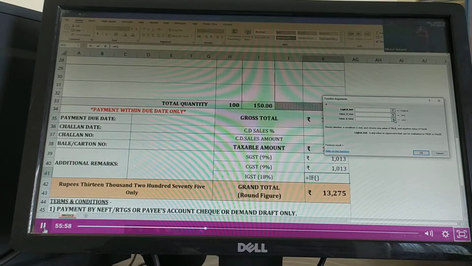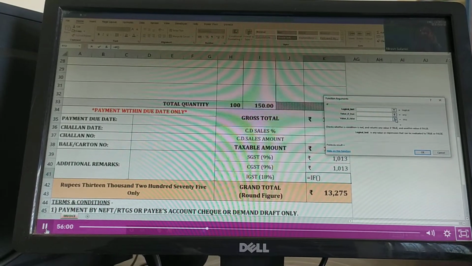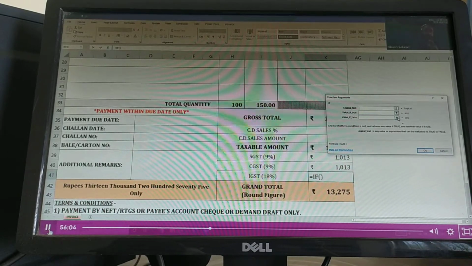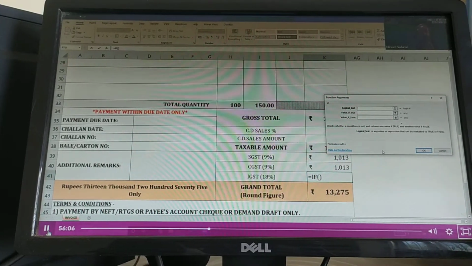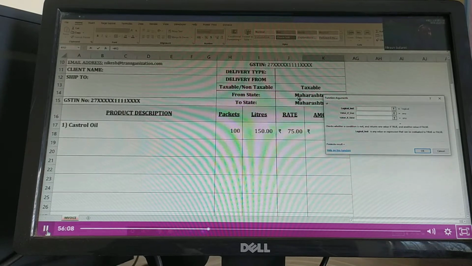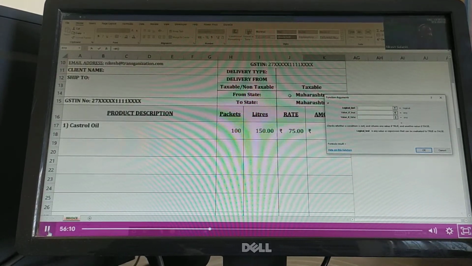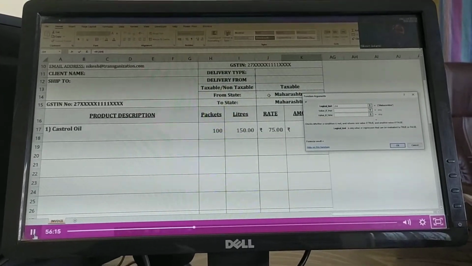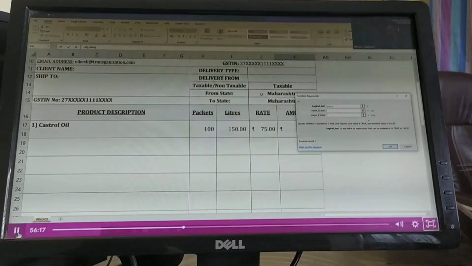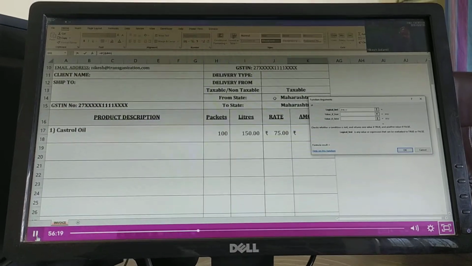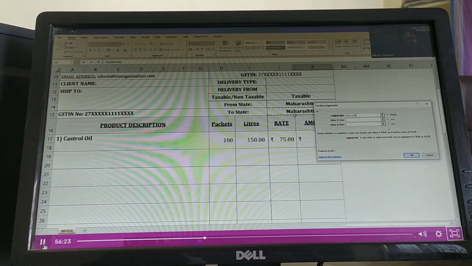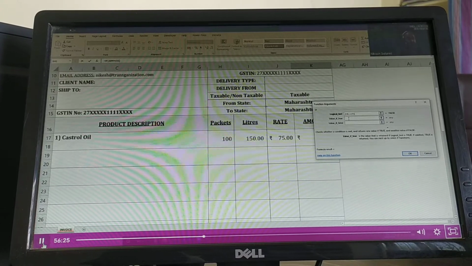Logical test क्या है? Logical test ये है कि दोनों states match नहीं होने चाहिए, right? नहीं होंगे तो ये formula चलना चाहिए, right? So let's go there. I'll select the cell, okay? यहाँ पे मैंने select किया J14 not equal to, this is the sign for not equal to, okay? Not equal to this state, right? तो next step क्या है?